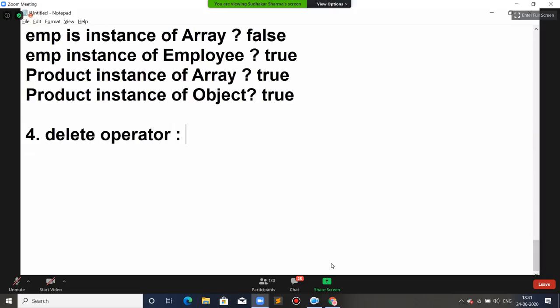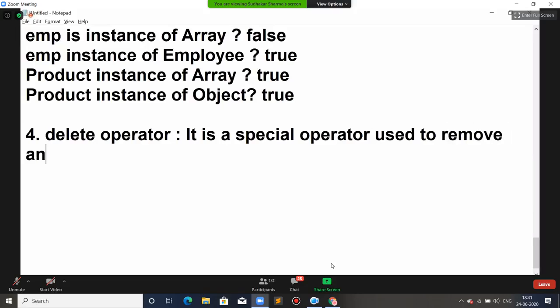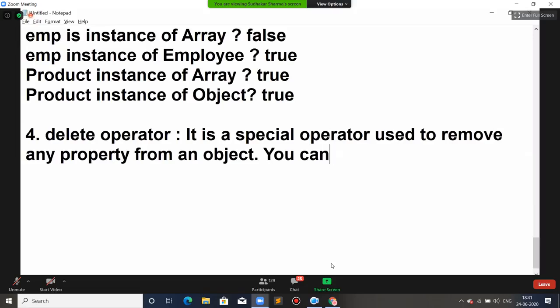Technically, the delete operator is a special operator used to remove any property from an object. You can remove any property from an object. But important is, you cannot remove